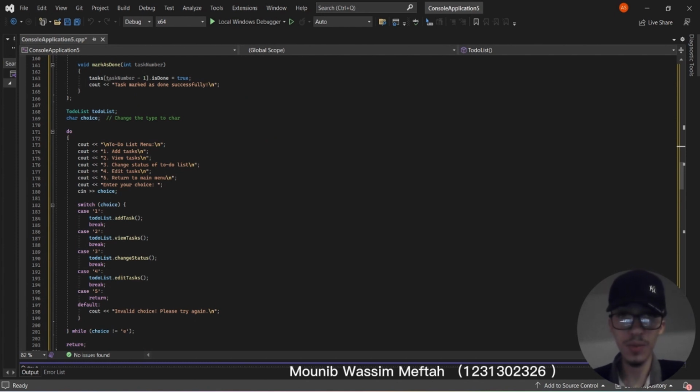If the user selects two, it calls the view tasks method of the to-do list. If the user selects three, it calls the change status method of the to-do list object. If the user selects four, it calls the edit tasks method for the to-do list object. If the user selects five, the function returns, which ends the loop and program execution. If the user enters any other character, it displays